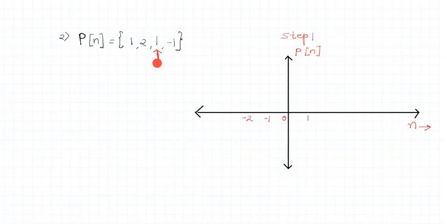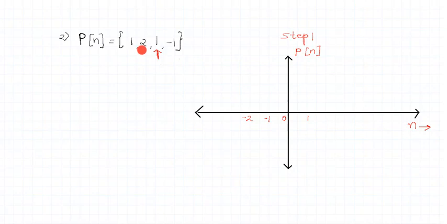So the next signal given to you is P of n. And what does this arrow indicate? This arrow indicates the zeroth position of the given samples. So P of n has 4 samples, and the arrow here indicates the zeroth position of the sample. In the earlier example, this arrow was absent. So in that case, what was the meaning? The meaning was that the first sample appears at 0, the next sample appears at 1.